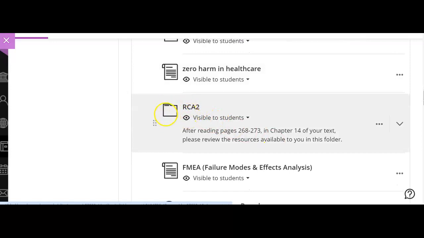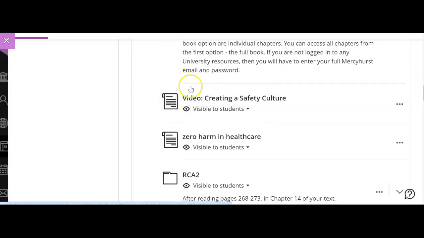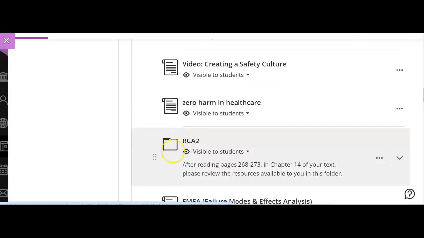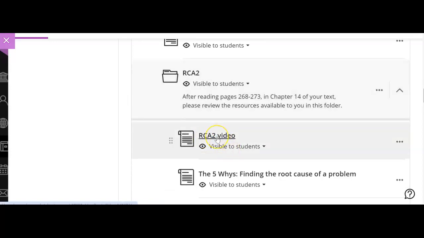This is a folder, as you can see, different from a document. Even when I do a video, sometimes I use a document to set it up. But it's a folder, and after reading your chapter 14, and specifically pages 268 to 273, come back after those readings and look in this folder for some videos on root